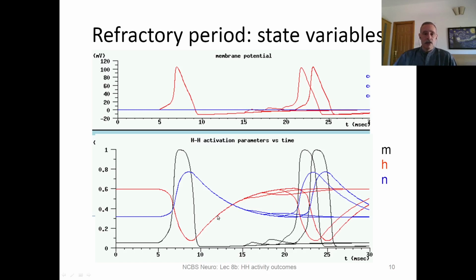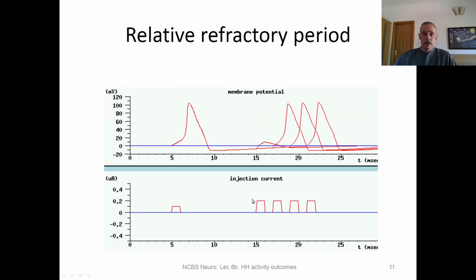Okay, now you might ask, what happens if you give a stronger input pulse? Would you overcome this depletion of the open possibility of the channel? And indeed, that really happens. So you can give a larger pulse. Here's the original pulse we saw earlier, and now we give larger pulses, and now you can see that a little bit earlier on, the third one from the end, you got an action potential, but you still didn't